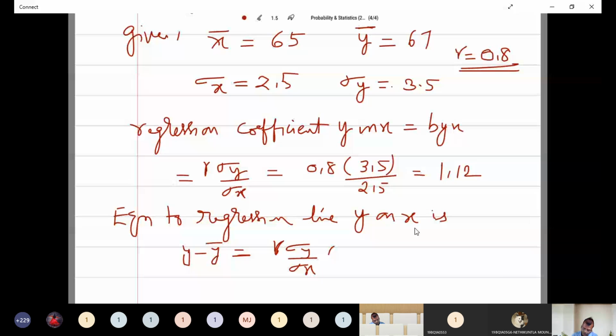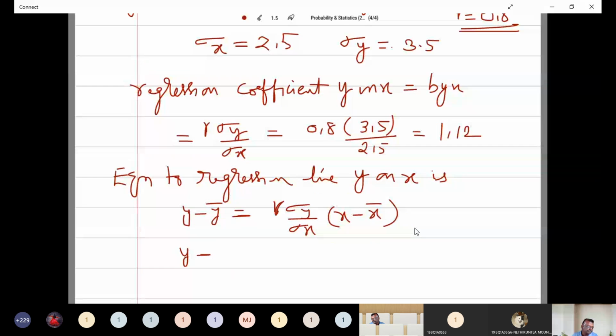What is the value of y bar? 67. So y minus 67 is equal to 1.12 into x minus x bar, which is 65. Now y is equal to 1.12x plus